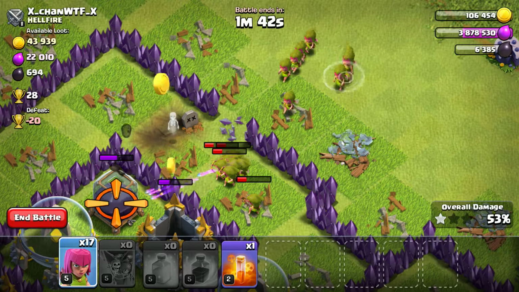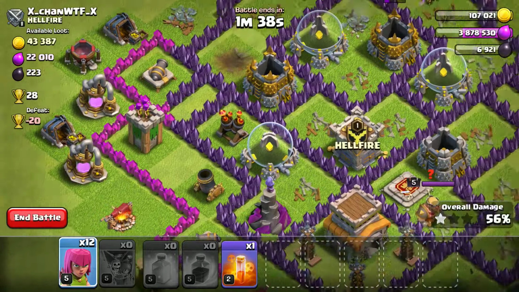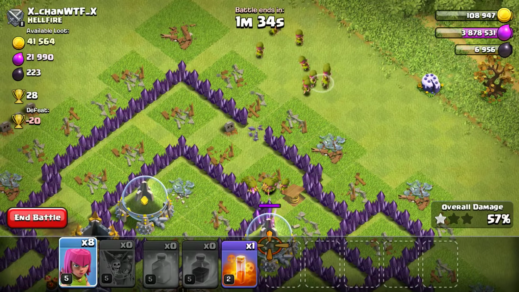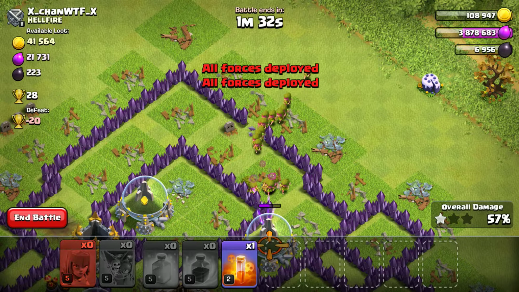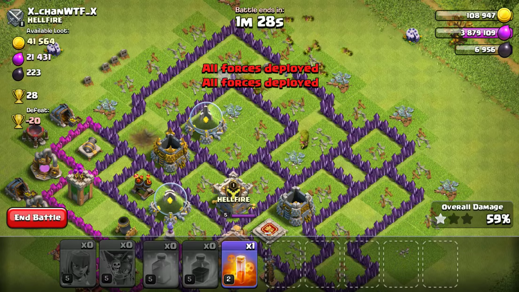So we're going to go ahead and just dump the rest of them in there, and it doesn't look like there's anything else really important for us to get. The other 200 dark elixir is sitting inside that town hall there, so no need for us to worry too much about that. And I'm not really all that concerned about the rest of the stuff that's in here,